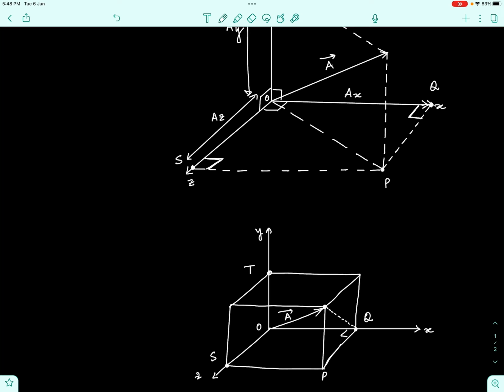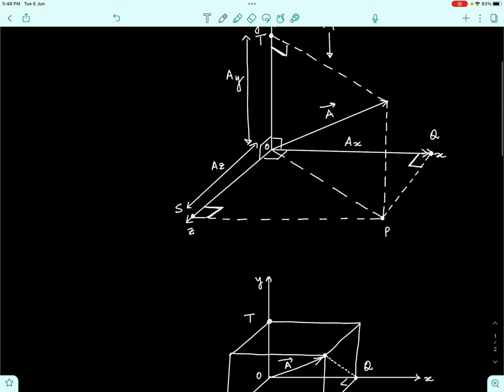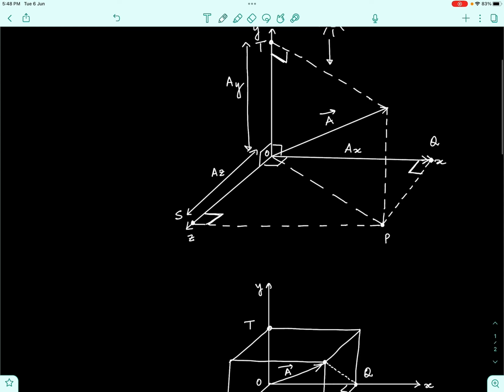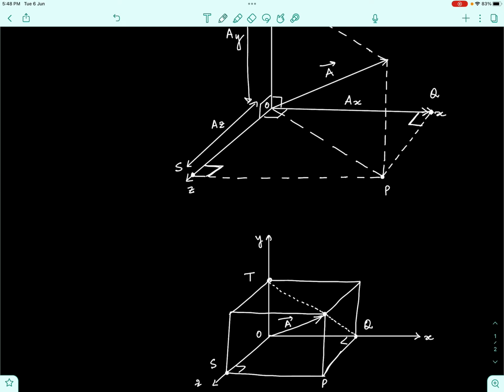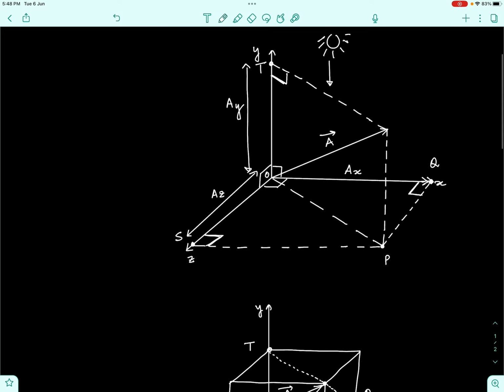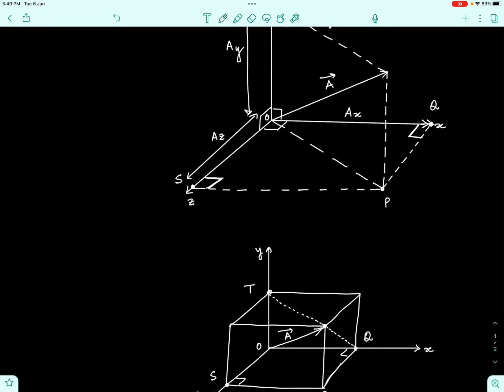point S, this gives us the z component, the length OS, and the dotted line drawn from the tip of the vector A to the point T on the y axis, which will be here, this line will give us the y component, the length OT. Understand that in the above figure that we have drawn, vector A can be taken as the body diagonal of a cube whose side lengths are Ax, Ay and Az,